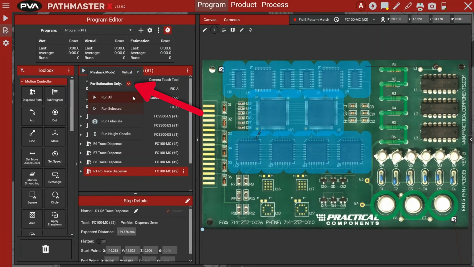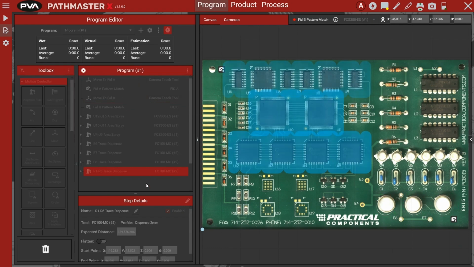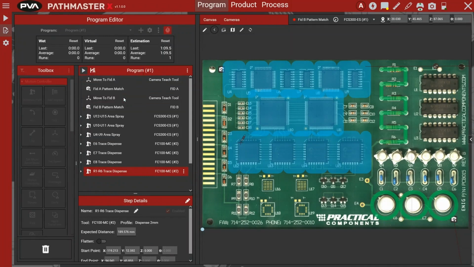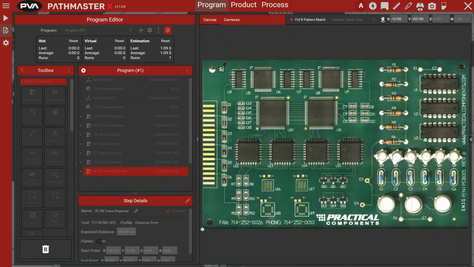Once selected, you will notice a checkbox to select whether the playback is for estimation only. If estimation only is selected, the program will only evaluate the estimated runtime. If estimation only is not selected, the program will play back virtually at a 1-to-1 speed as that of wet